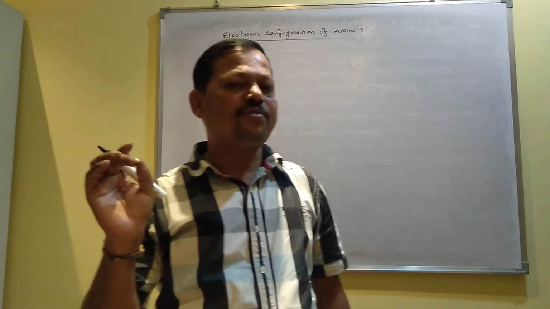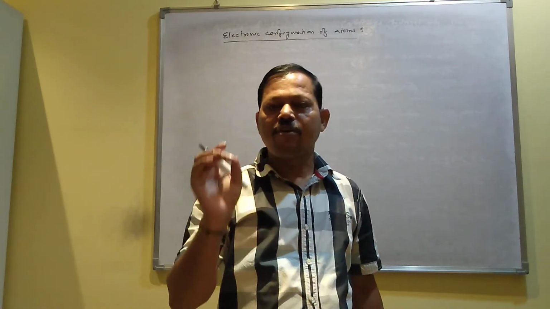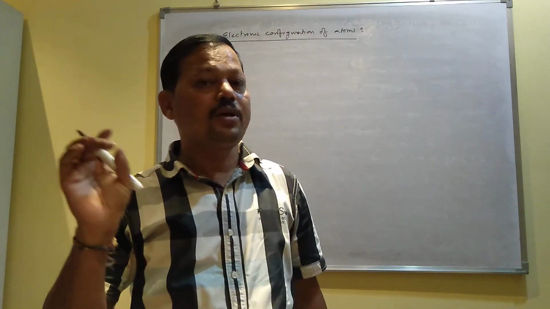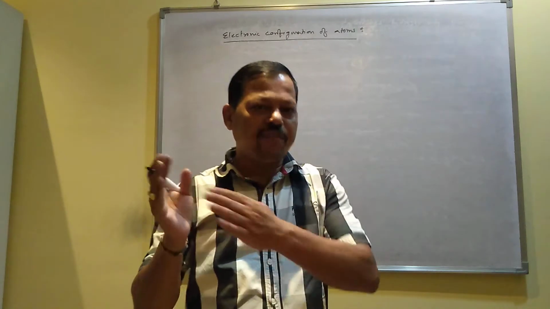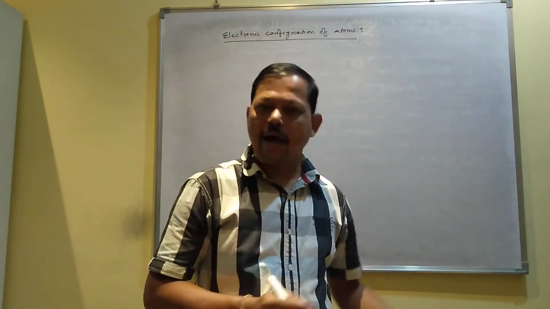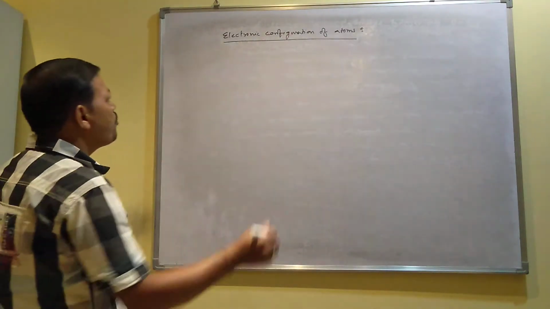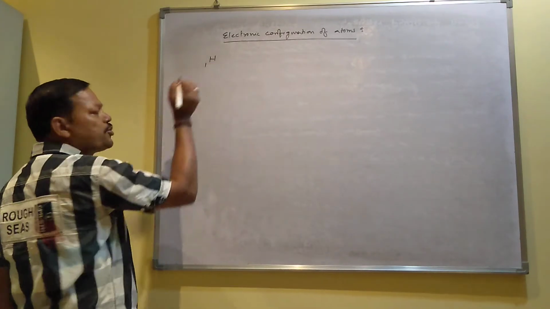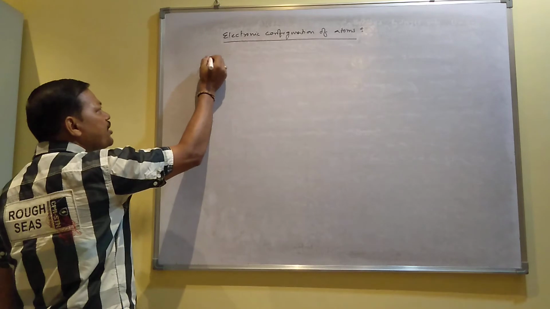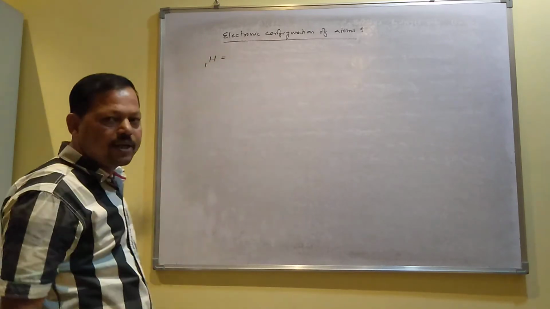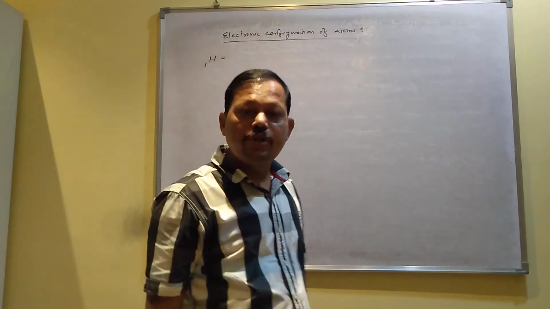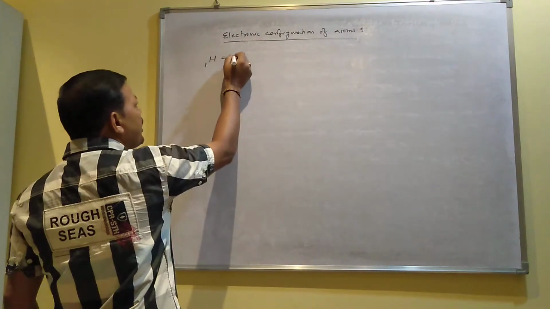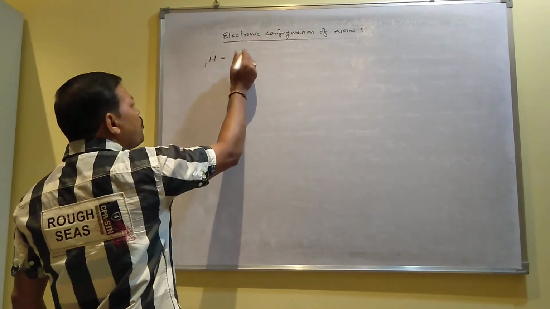So when you fill up the electrons in different orbitals, first you have to fill the electron in that orbital which has the lowest energy. After filling that, you move to a higher energy orbital. So we'll start from hydrogen, how to write the electronic configuration. You know hydrogen's atomic number is 1, I mean it contains 1 electron. So since it contains 1 electron, in which orbital will the electron enter? The one with the lowest energy: the 1s orbital.